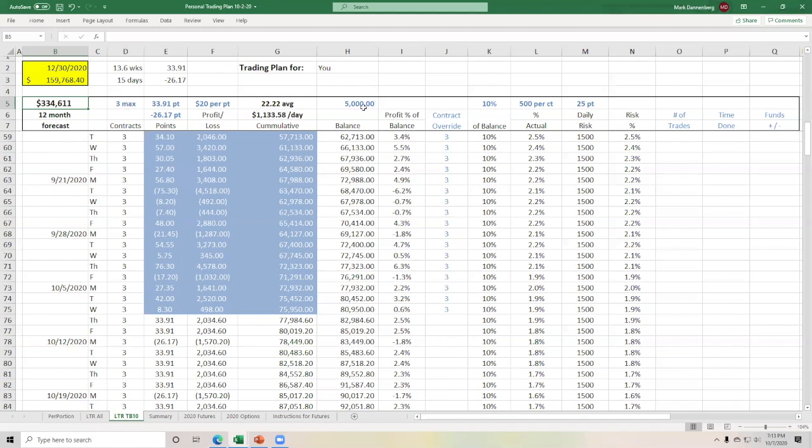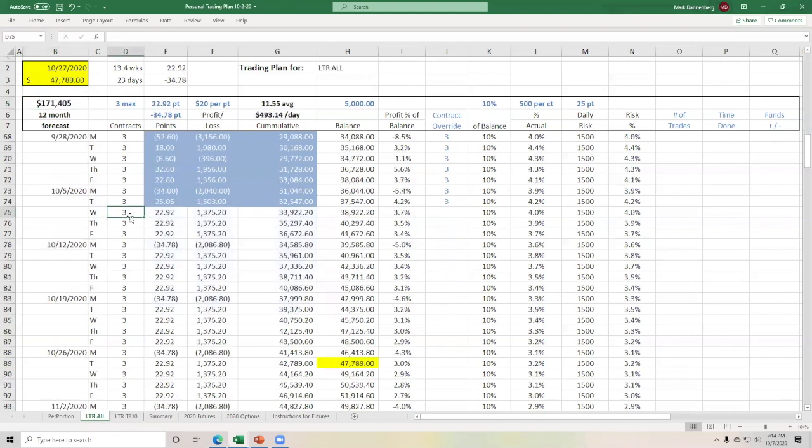And that's having started with a $5,000 account, and we're committing no more than 10% of the balance of our account at any one time to margin risk, the amount of margin that is required for the number of contracts we're trading. All right, so the other category is trading from 9:30 to noon,